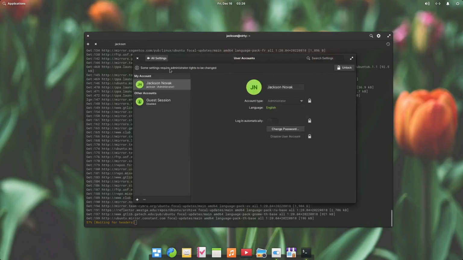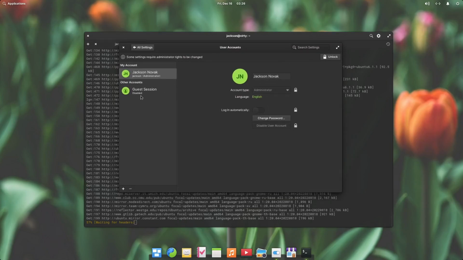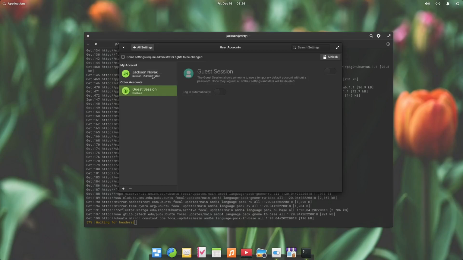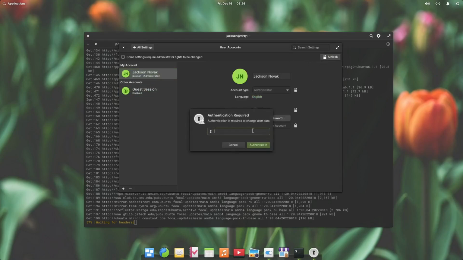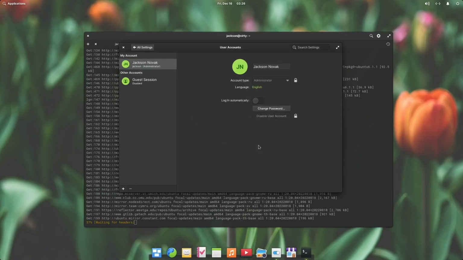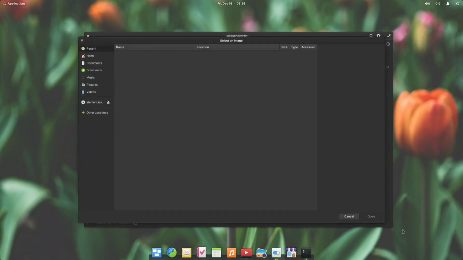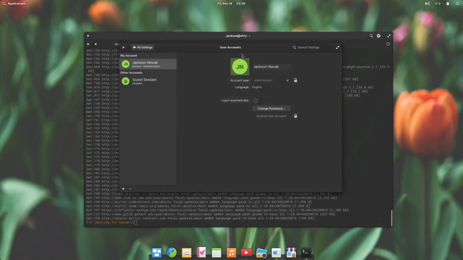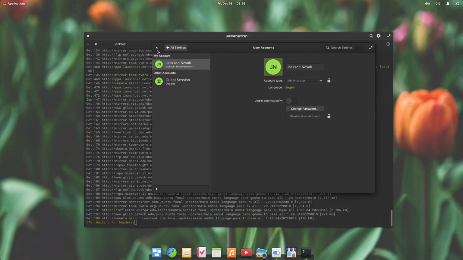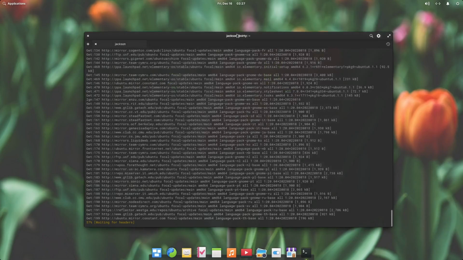Let's look at the user account stuff. So you could disable and enable guest mode, and you can also unlock all the settings like that. And it looks like they don't have any default profiles. No worries. We'll just keep like that.